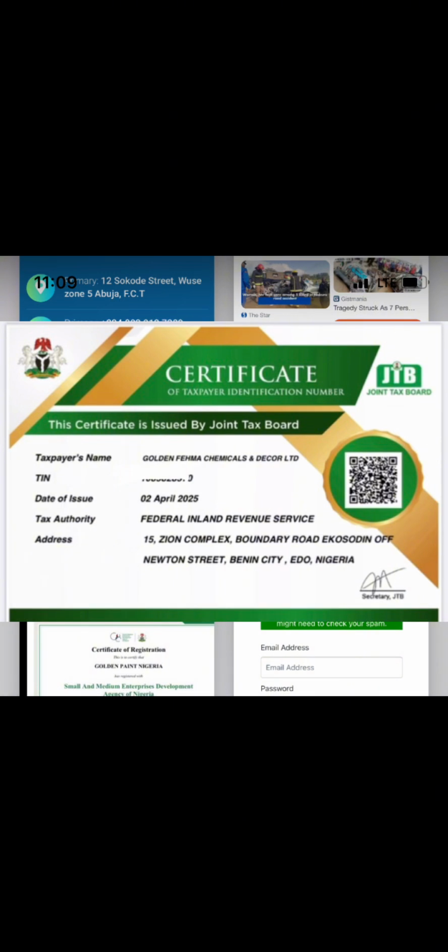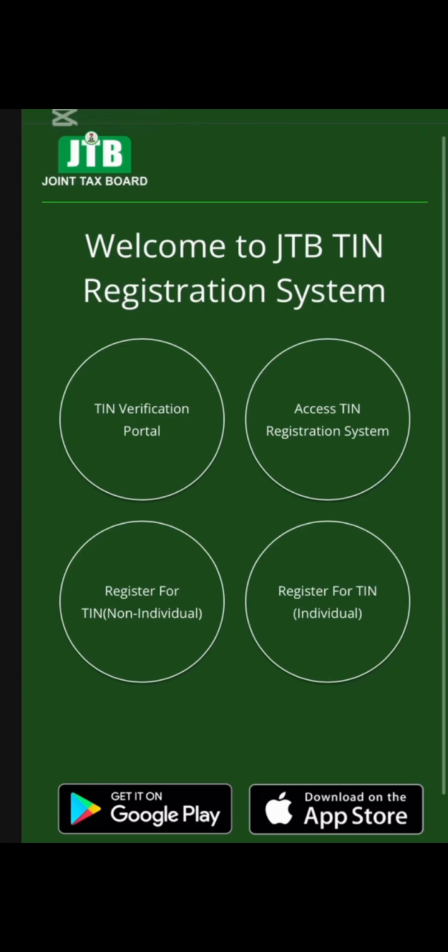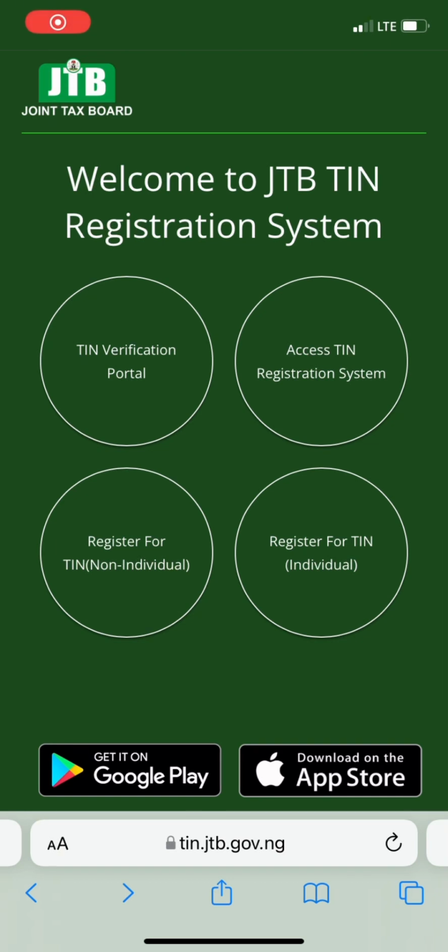You go to your browser, you type tin.jtb.gov.ng. It will open into this page. Then you have to select what you want to do. Either you have registered your TIN before and you want to verify it, that's the first one, TIN verification. If it is for non-individual, say register for TIN as non-individual,